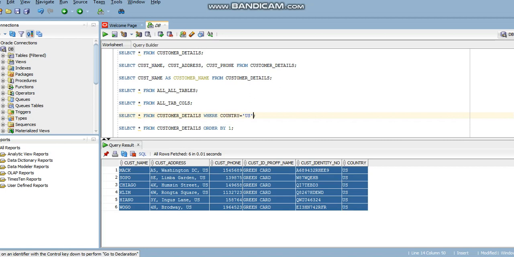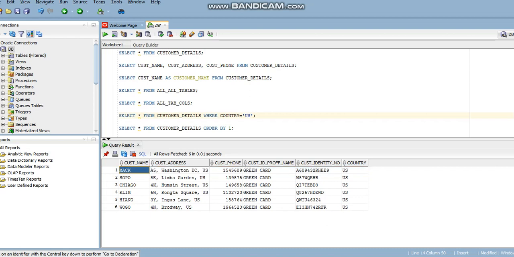Over here we can do another thing. After where, if we want to specify some more data, just assume we want to retrieve the data of the customer named Mac, then what do we have to do? After this where condition, we need to add one more condition with this AND command, which will check the country code and one other check.